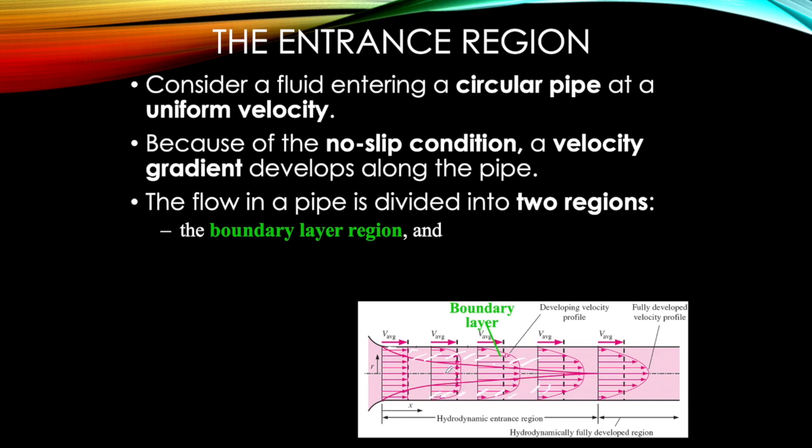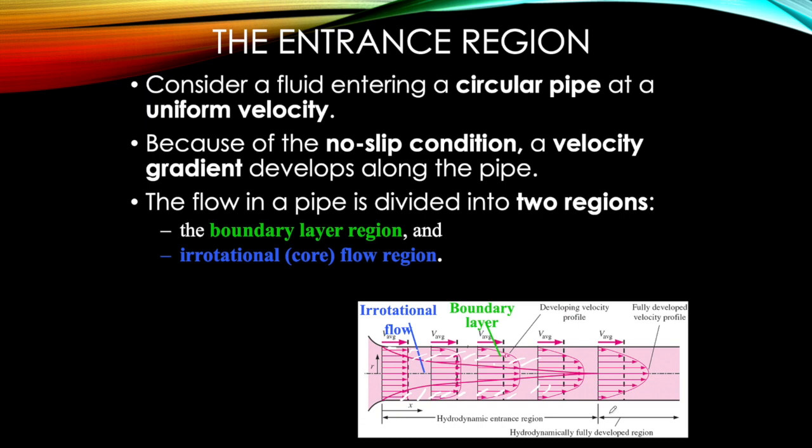And what about the layer where the viscous shearing force does not affect this layer? Which means what region do we call where the fluid is not affected by this fluid layer? Okay, the no slip condition. We call it an irrotational core flow region. Okay, and it will approach the center of the fluid,